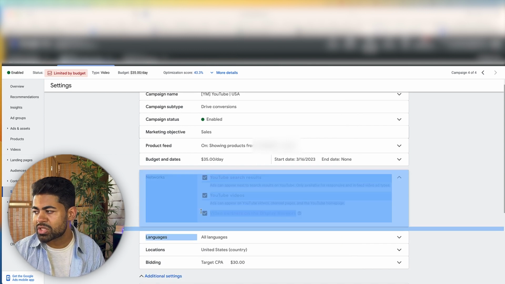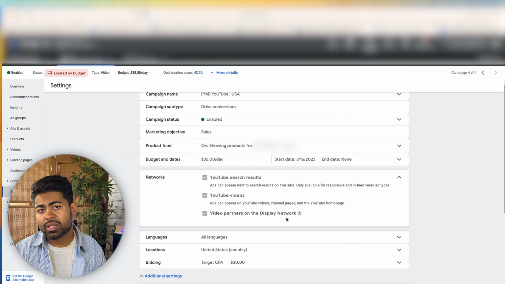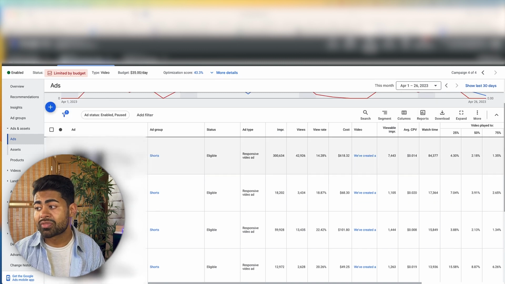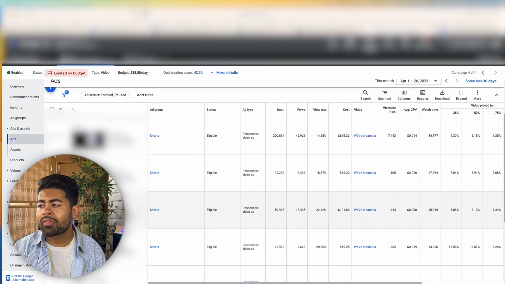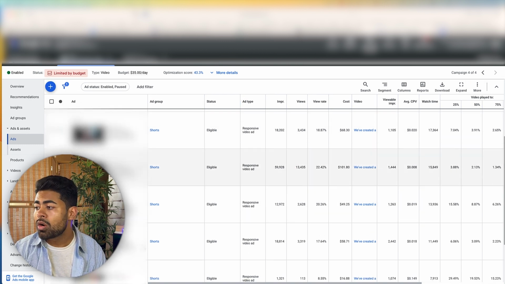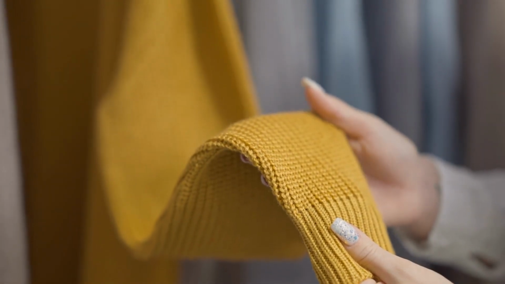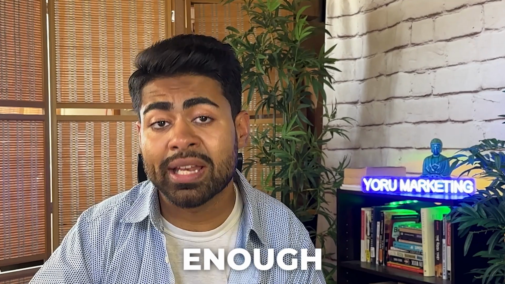Now for the networks, we're targeting all three of these networks, which is again not as important as the actual ad itself, the actual ad copy itself. So if you have to focus on anything, you want to be focusing on the actual video ad you have here or the actual text here. If you follow either the testimonial strategy or the overall showcase of the product strategy, that's pretty much enough,